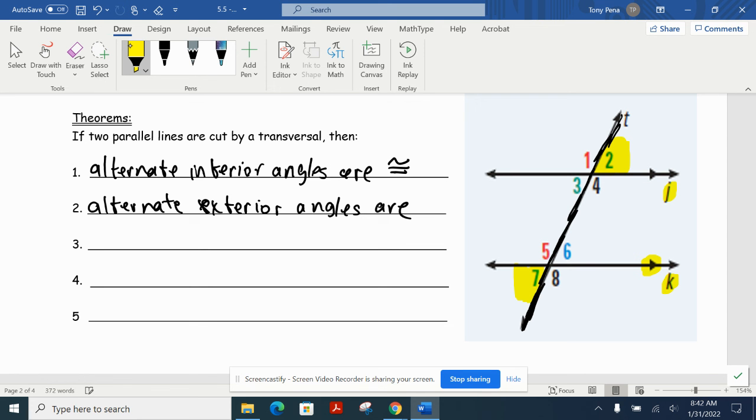All right, so it is reasonable to think, and this is our theorem, that those could be congruent as well. So alternate exterior angles are congruent. Okay. All right, so those are our alternate side. We also had some that said same side. So same side interior angles